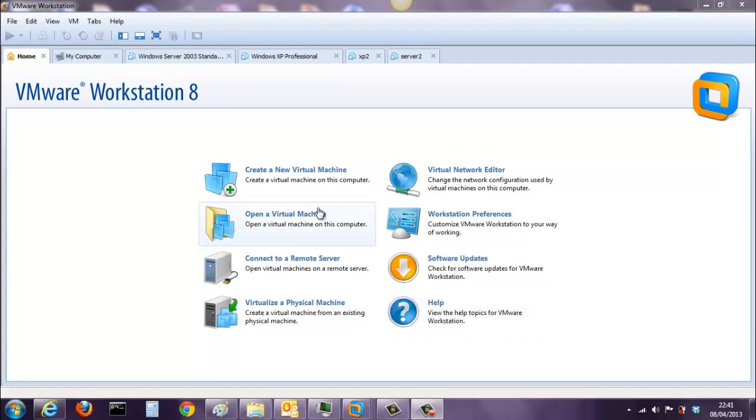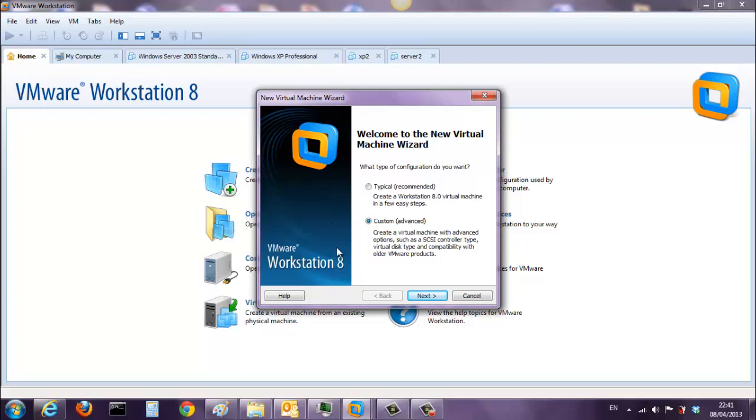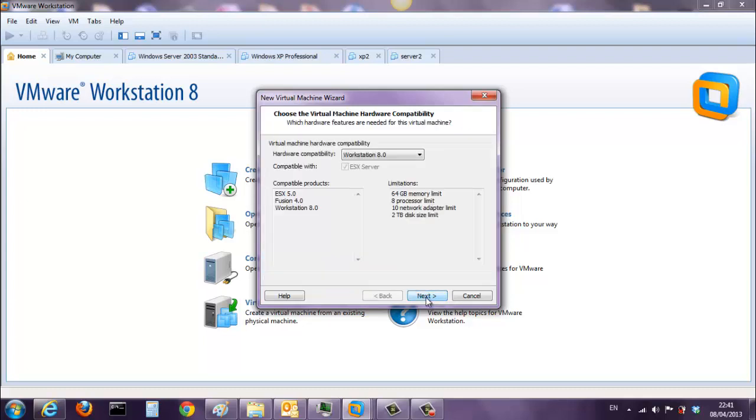So the first thing I'm going to do is click on create a new virtual machine, and the wizard pops up, and I'm going to use the custom settings. Click next,